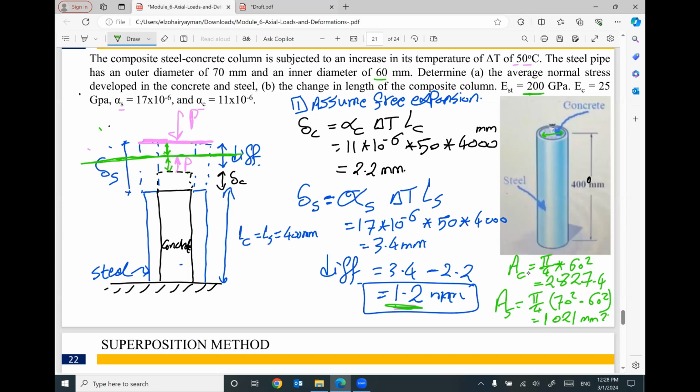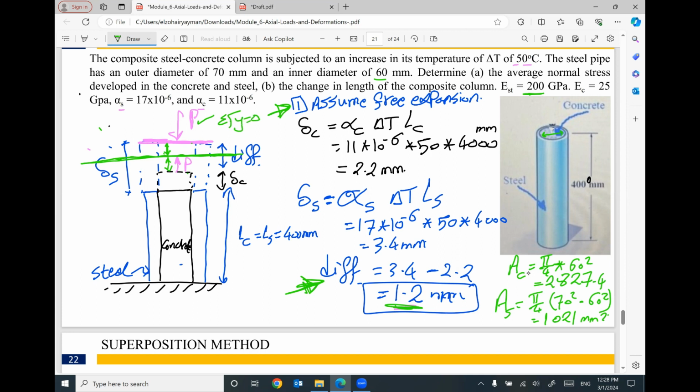This is how to figure out the stresses in steel and the concrete in a composite column under change of temperature. It's a long story, but you have to understand it. First of all, I'm going to assume each material will expand freely. So we will have a difference between the two materials. This difference cannot happen. So I will ask the steel to move down a little bit. I will ask the concrete to move up a little bit under the effect of the same force P. Why the same force? For summation F of Y equals 0, so it will be the same force.